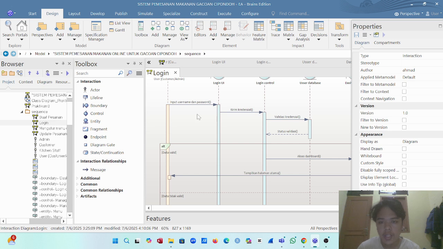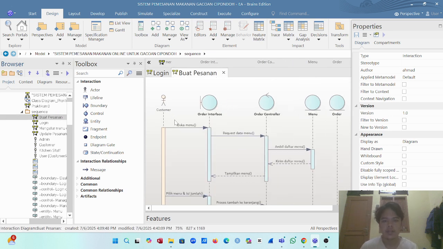So next we go to number 2, place order sequence diagram. Here, the customer initiates the process by opening the menu. The system fetches and displays menu data.